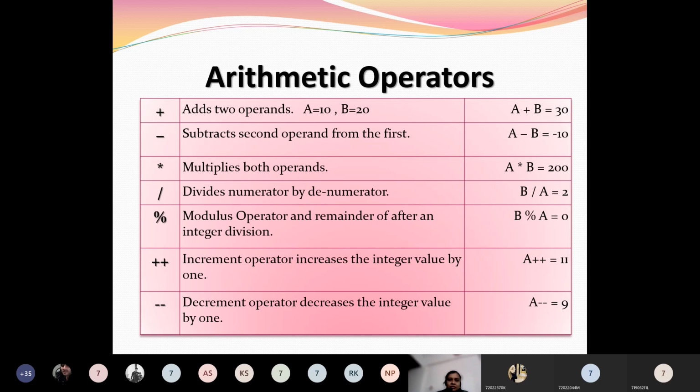Arithmetic operators. Plus is to add the two operands. If I take a value of a equal to 10, b equal to 20, then addition will be 30. Subtract, a minus b, is minus 10. Asterisk is for multiplication, slash is for division, then percent is for modulus, or to find the remainder after integer